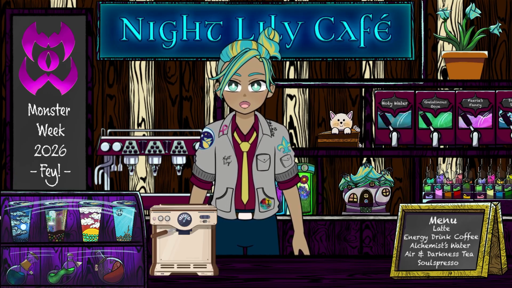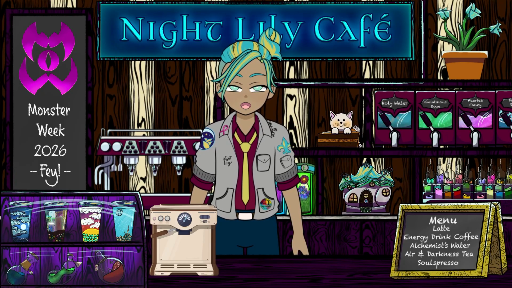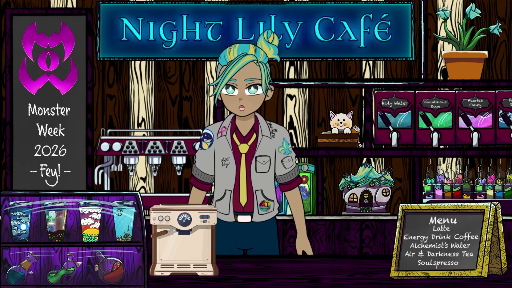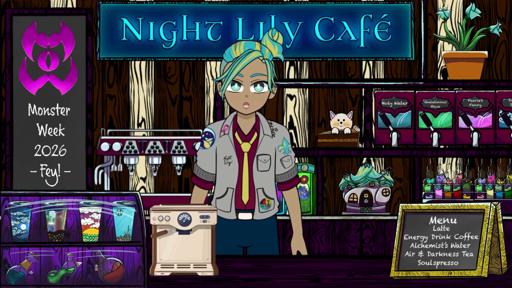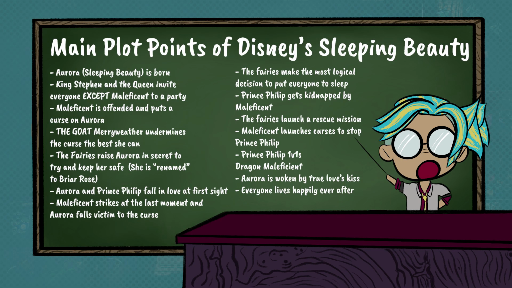Then there is the animated classic, Sleeping Beauty. I'm going to assume you've seen this movie, and if you haven't, go watch it. Once Upon a Dream is a beautiful song, and there's a lot of very fantastic animation in it. But the core story beats are: Aurora is born, King Stefan and the Queen invite everyone except Maleficent to a party, Maleficent is offended and puts a curse on Aurora, the goat Merryweather undermines the curse the best she can,